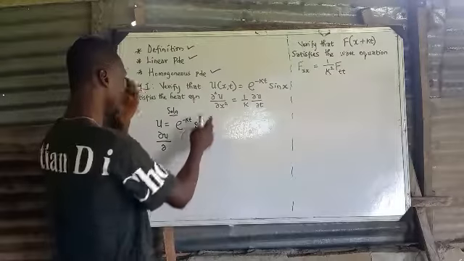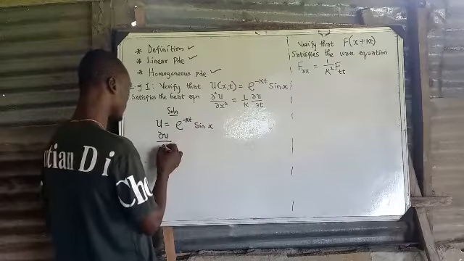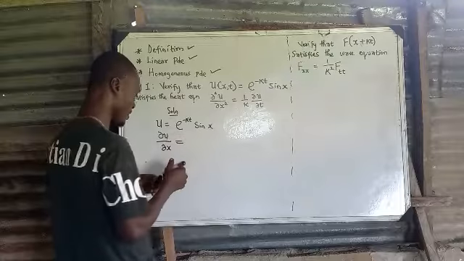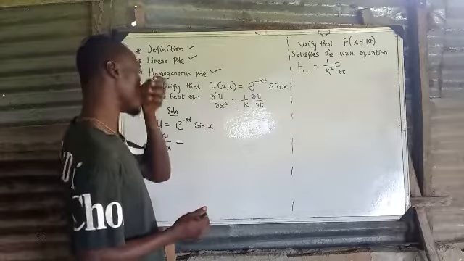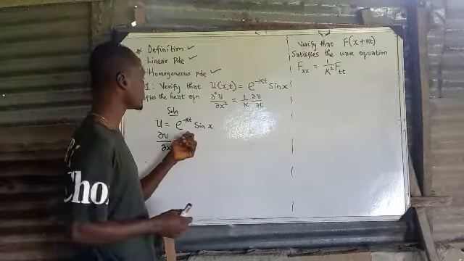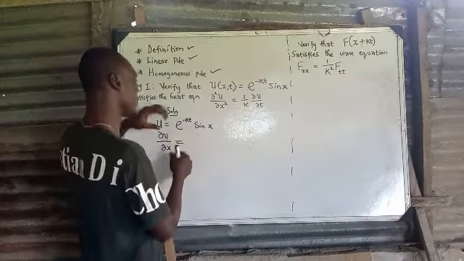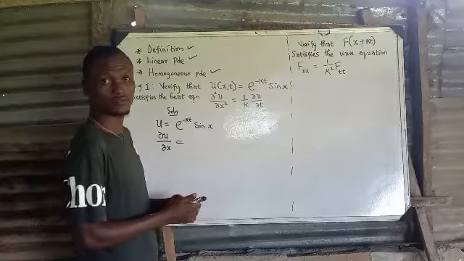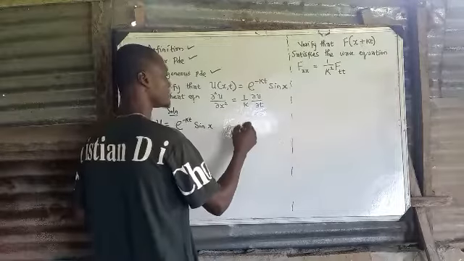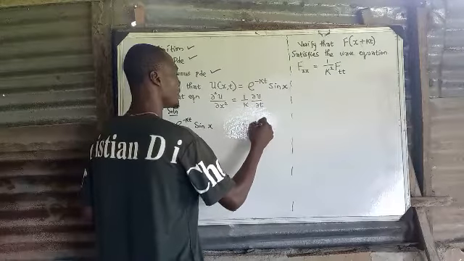Now let's first of all get the left hand side. We differentiate first with respect to x. I believe we still remember our elementary differentiation. If we are going to differentiate this with respect to x, you see this first term does not contain any x, so it is just like a constant. Remember, if you are differentiating, if y is